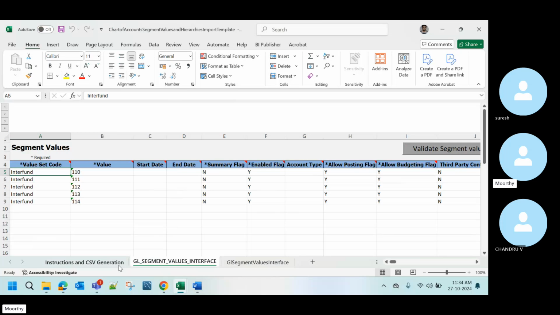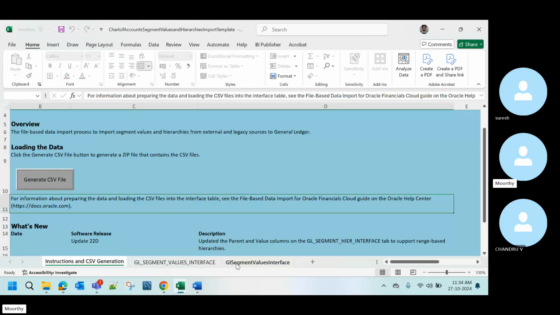Okay, once we have saved and we have to generate the CSV file, it shows one more field over here,